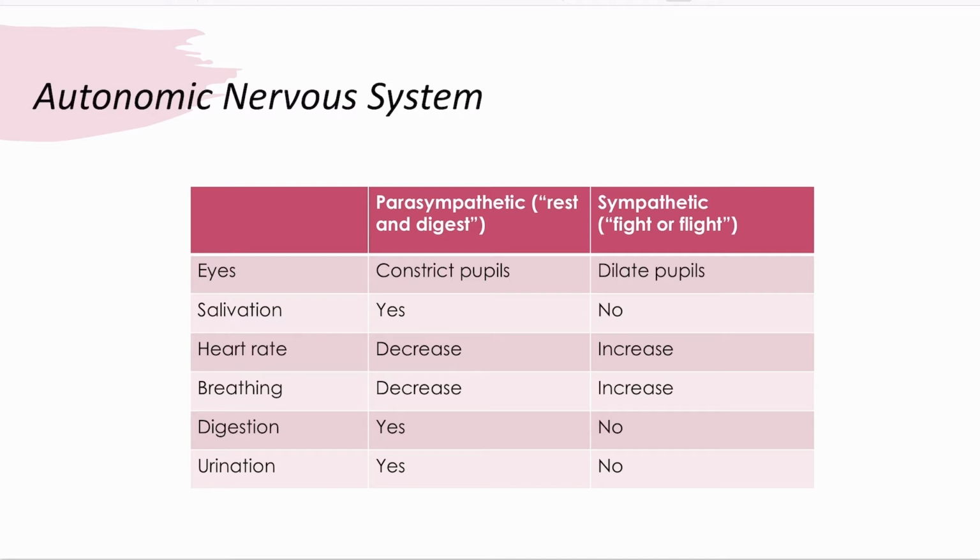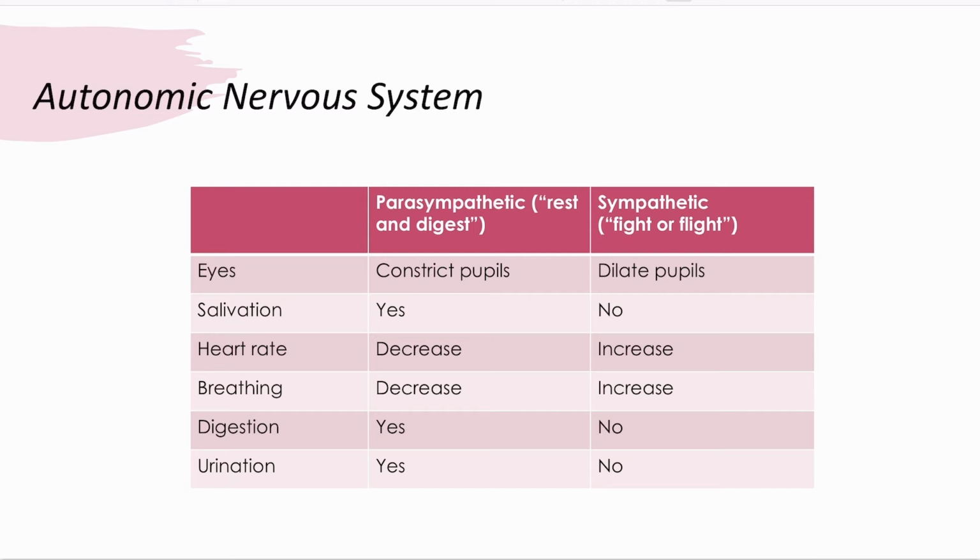So the parasympathetic nervous system is also called the rest and digest, and it is typically activated when you're at rest and you're relaxed. Meanwhile, the sympathetic nervous system is also called the fight or flight, and it is turned on when you're in dangerous situations and you're really scared. These two systems differ in the different processes that happen in the body, and we'll go over them one by one. Starting with the eyes, during parasympathetic activation, so when you're at rest, your pupils will be constricted, meaning less